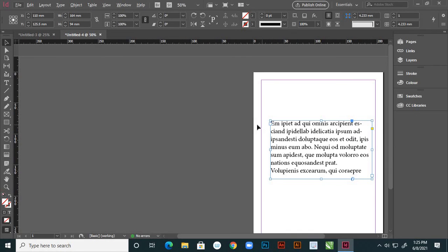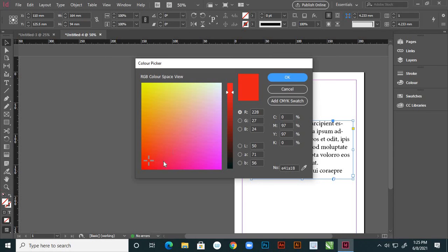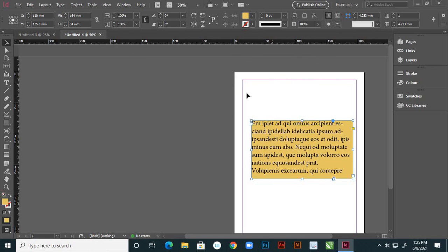Suppose if you want to change this text color, generally what you do, see here it is showing fill and stroke. Suppose you select here and choose any color and say OK. So it is giving color to your box. That entire area it is filling with that yellow color. But here I want color on this text instead of black.